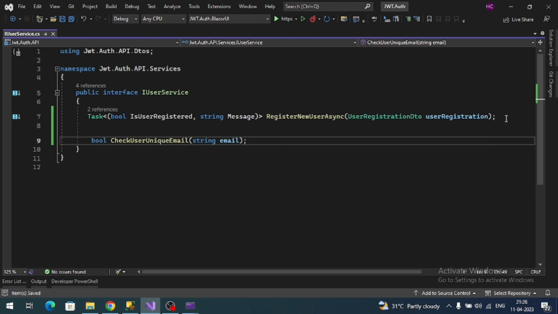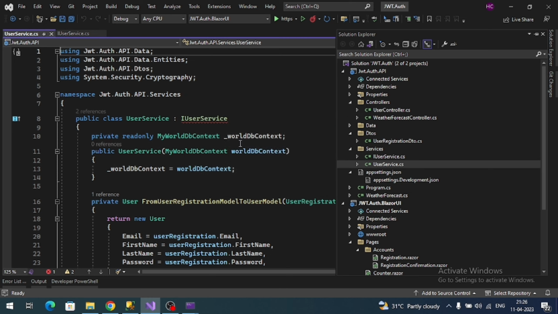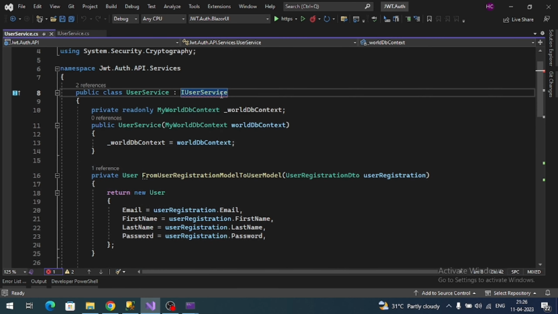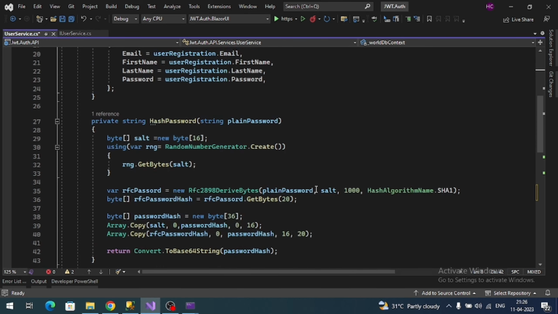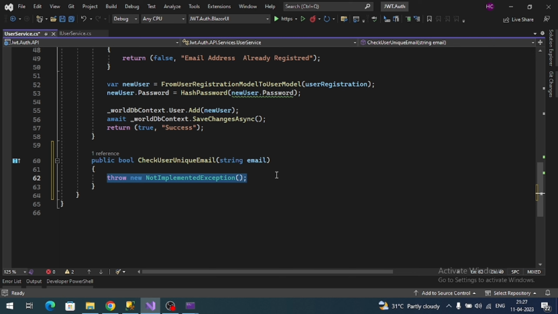So let's implement this method in our user service. Okay, so implement it. Here we have to write the logic for whether the user is unique or not. Okay, so here var userExists